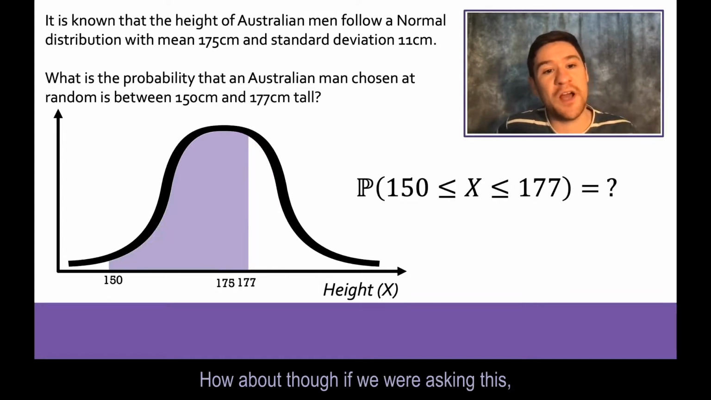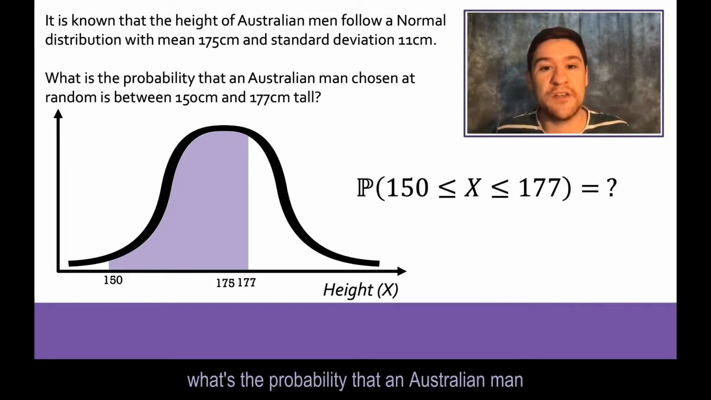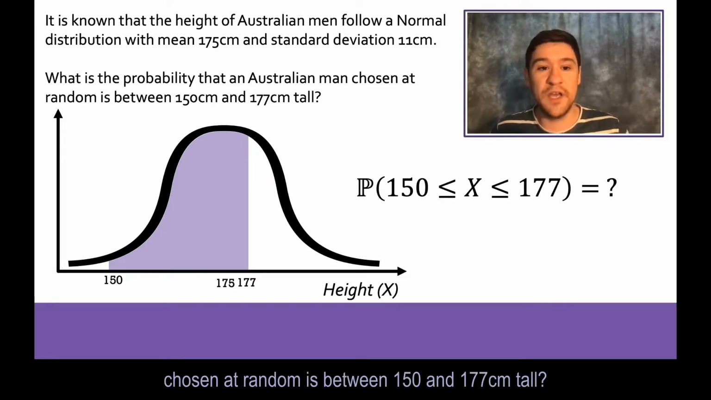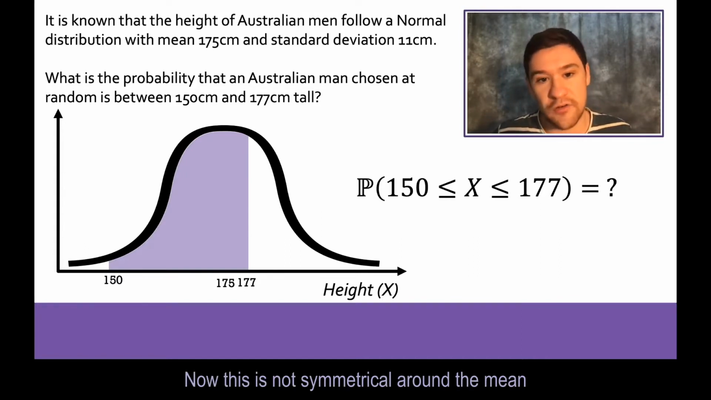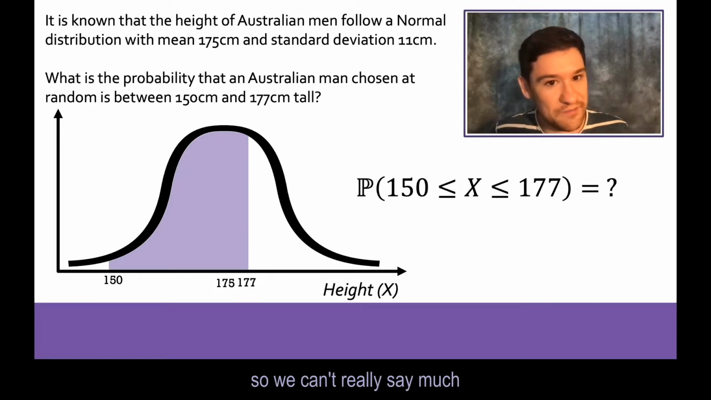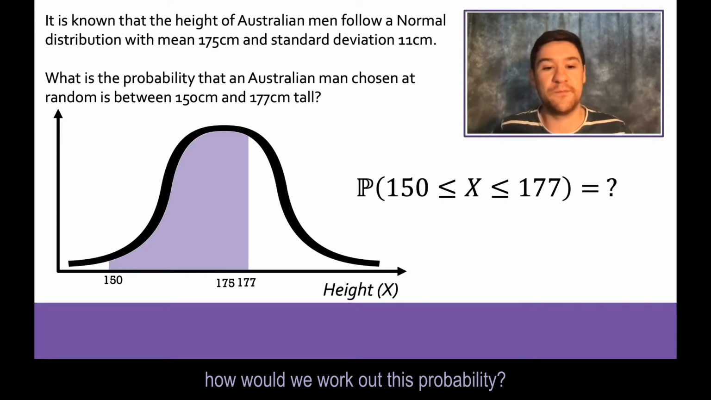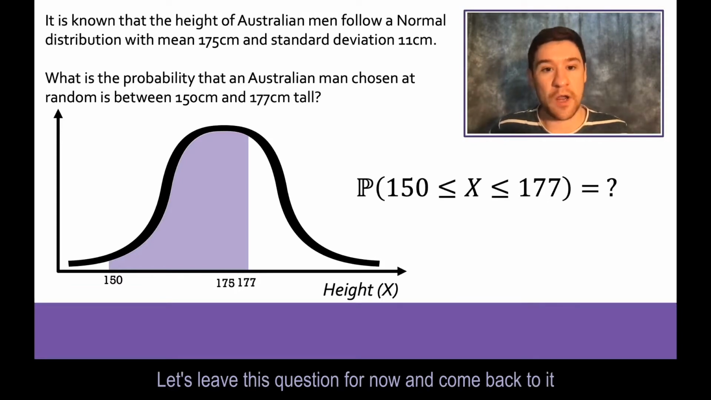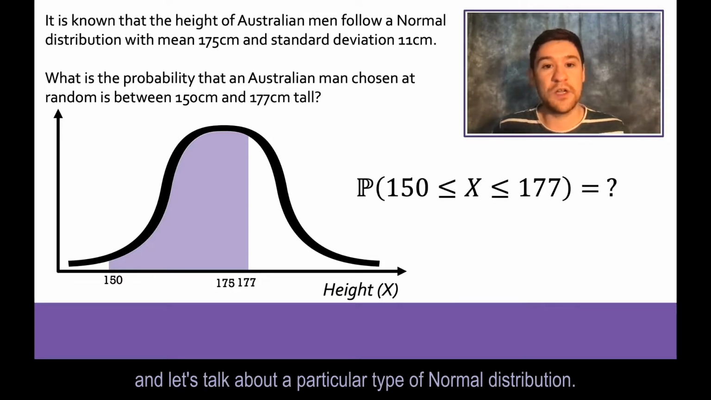How about though if we were asking this? What is the probability that an Australian man chosen at random is between 150 and 177 centimetres tall? Now this is not symmetrical around the mean, so we can't really say much. How would we work out this probability? Let's leave this question for now and come back to it, and let's talk about a particular type of normal